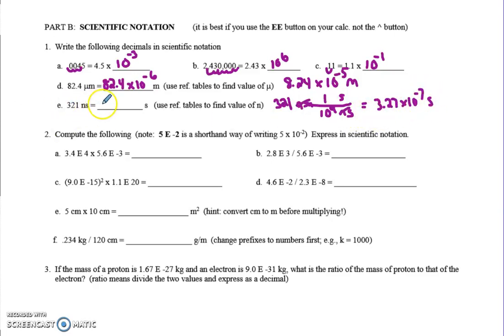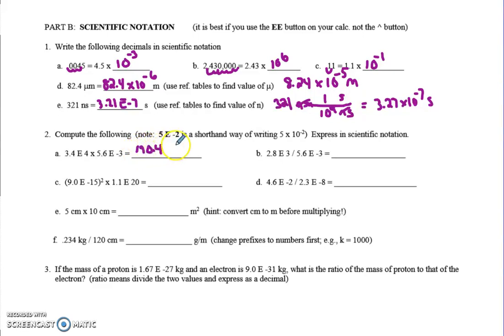Okay, so that's 3.21 e to the minus 7. Just a little shorthand: e to the minus 2 is just another way of saying times 10 to the minus 2. Okay, so for the following, I threw this into my calculator and it will spit out